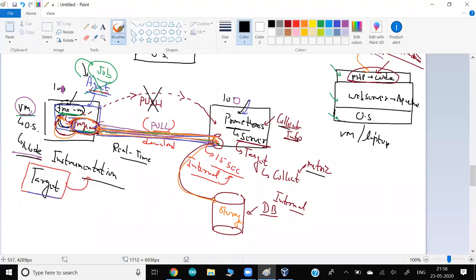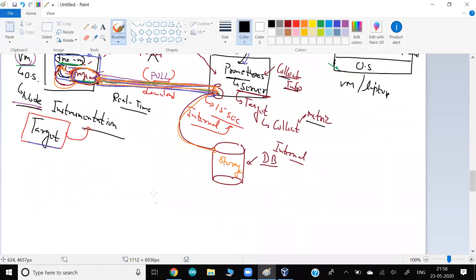The second important thing, guys, is that because Prometheus is pulling the data in real time, it means it knows the current time. Prometheus knows the current time is 9:58 p.m. and some seconds. So what does Prometheus do, and this is the most interesting thing: whatever it collects, it stores in a database, in a table like this.